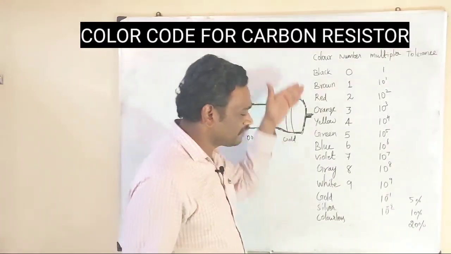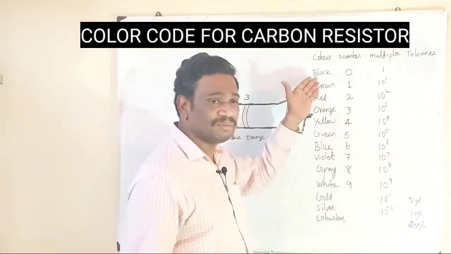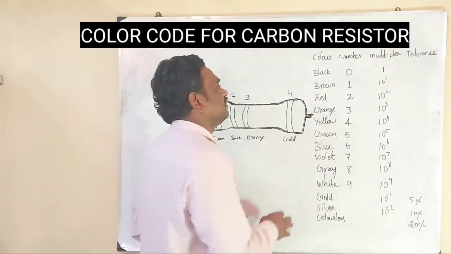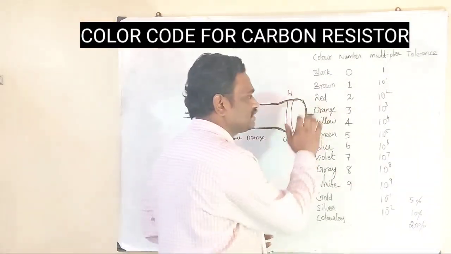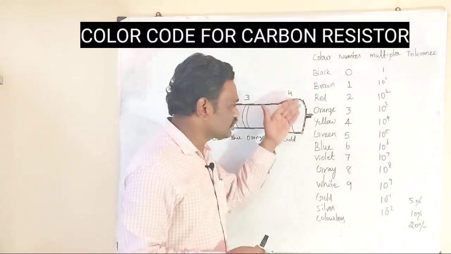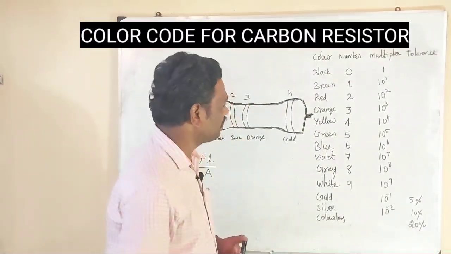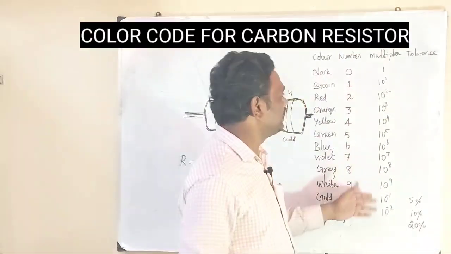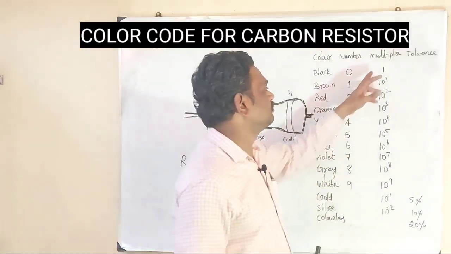So this is how we have to write the colors and the corresponding numbers to the colors, the color rings. Here black corresponds to 0, brown corresponds to 1, red corresponds to 2. Similarly, each color will have a corresponding number. And the third ring is a multiplier. Here power 0 means 1,